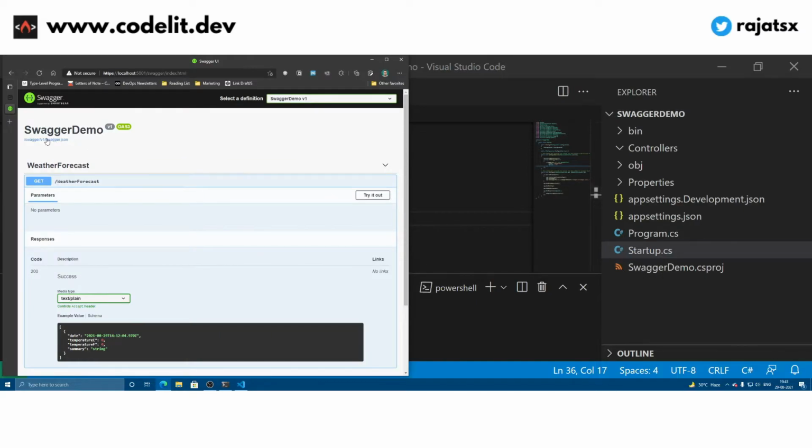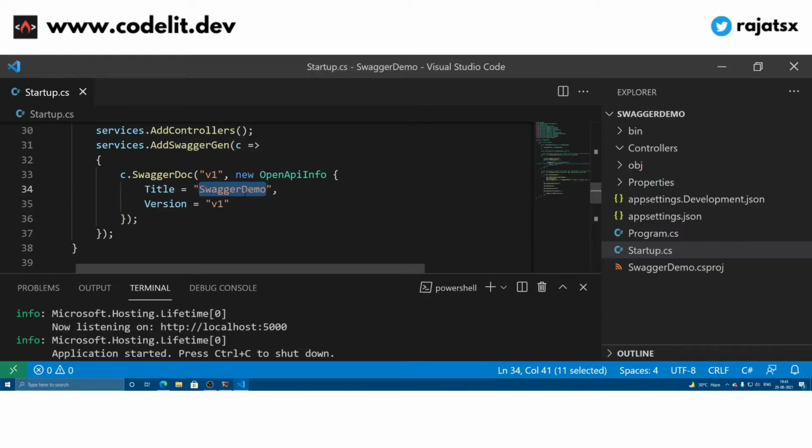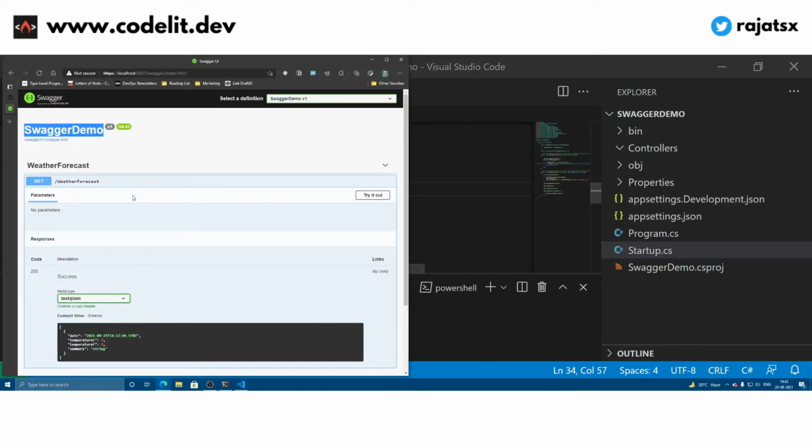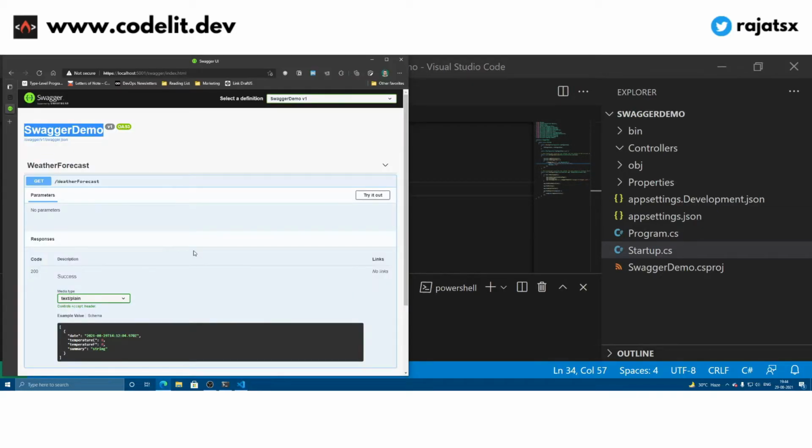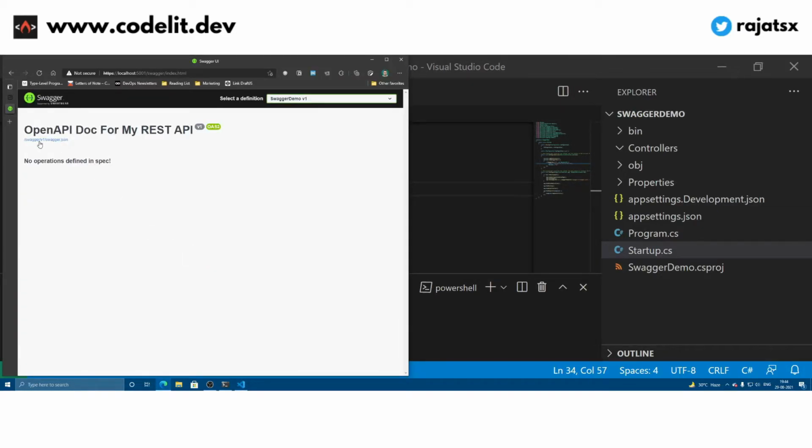Over here we can see the name. So we can go over here and change the name to OpenAPI doc for my REST API. That is how you can change this stuff. If I shut this application down and restart it again, see, I have changed the title of my application.